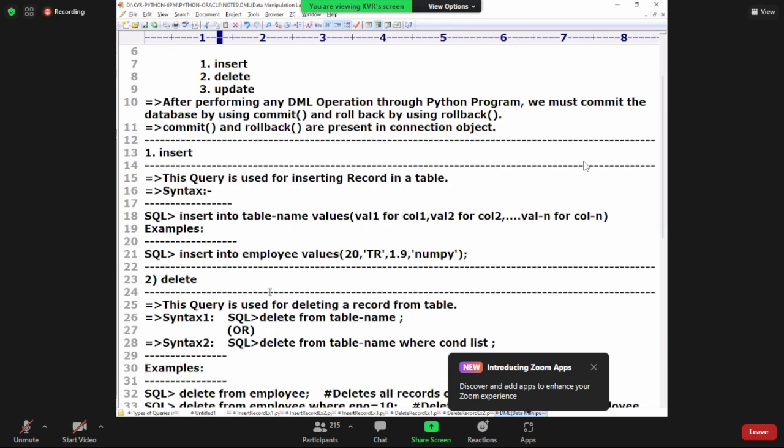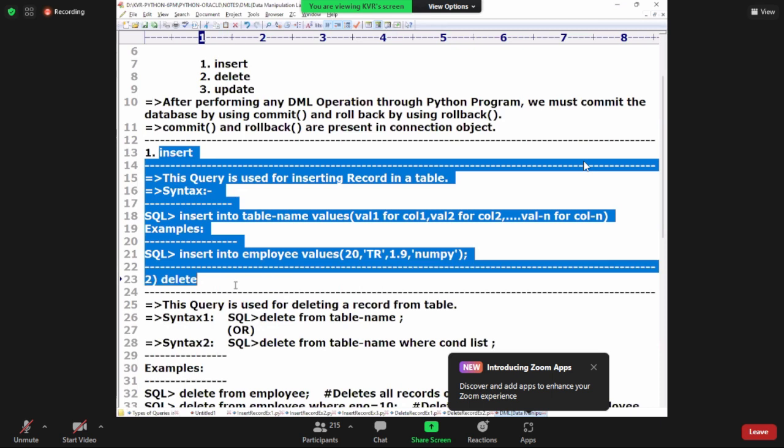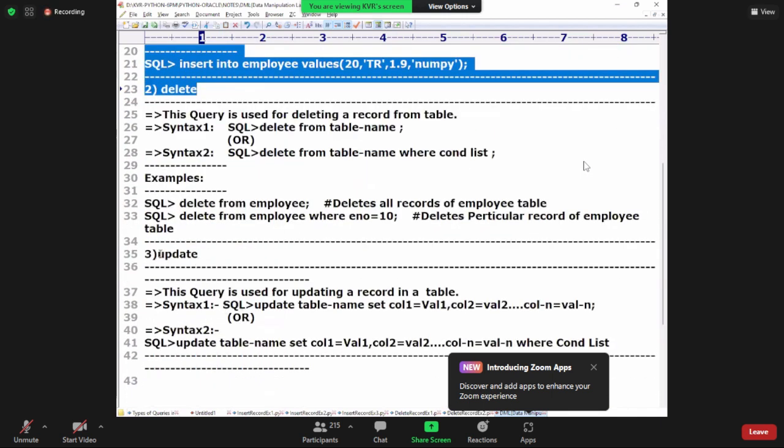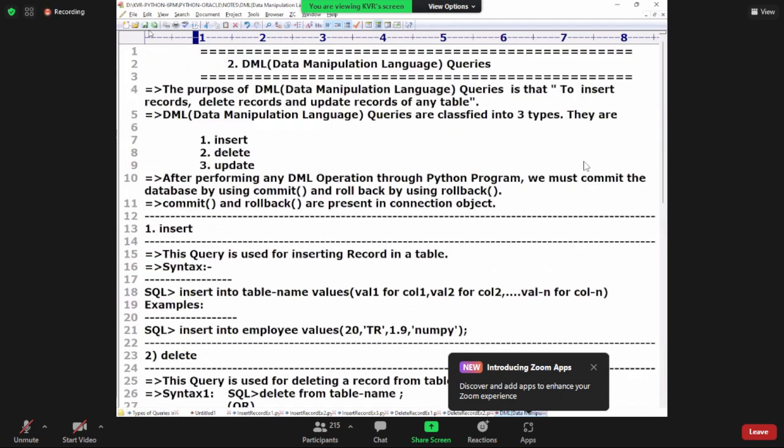You follow that. Okay, students, did you understand up to today insert and delete? Tomorrow class when I come back, I will talk about what? Update. But I will upload these notes and tomorrow,